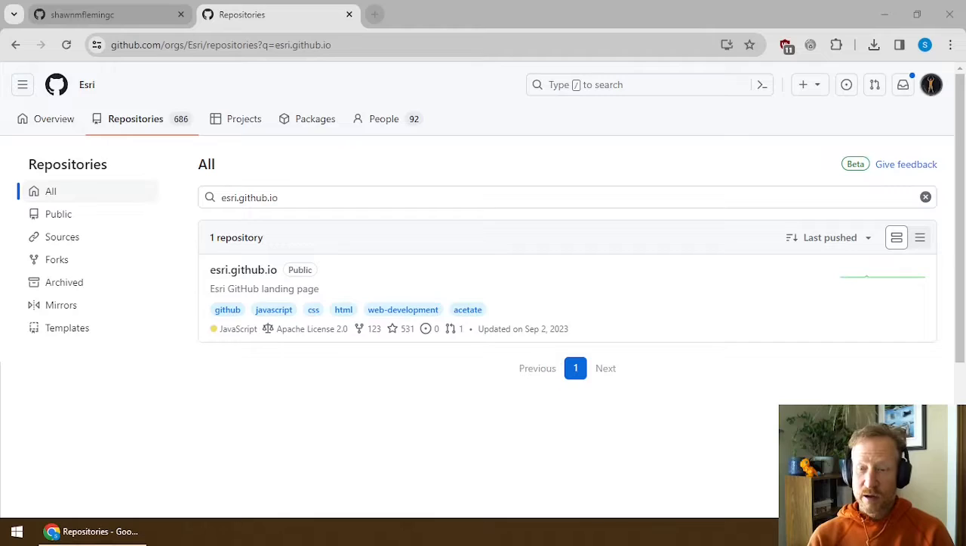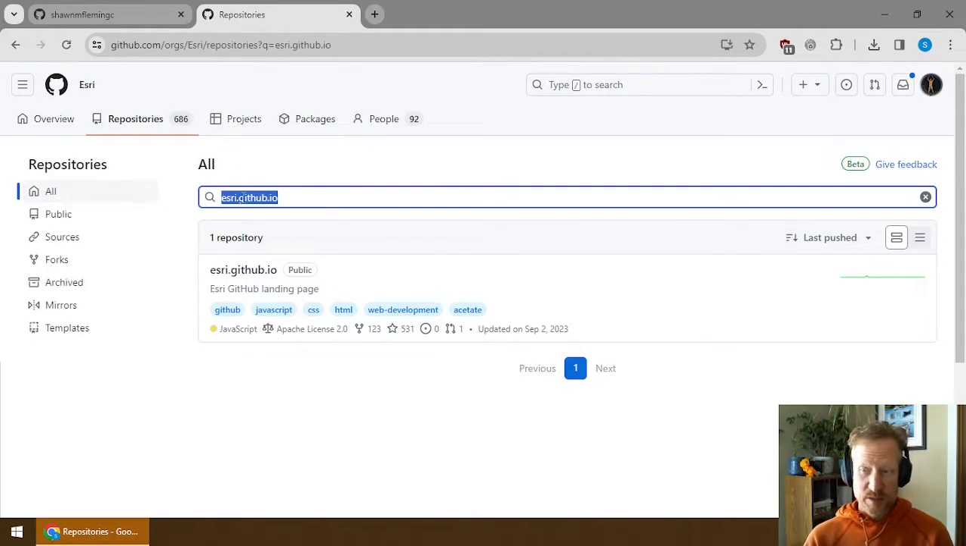Now here I am on Esri's GitHub account. And inside of their account, I've searched on a particular repository name. And if you're not aware what a repository is inside of GitHub, it's kind of like a folder for your project. It's where you put all your code. Now, there's a special repository, and that repository needs to be named exactly your username. In this case, it's the Esri account, so